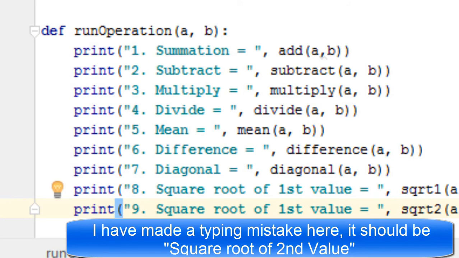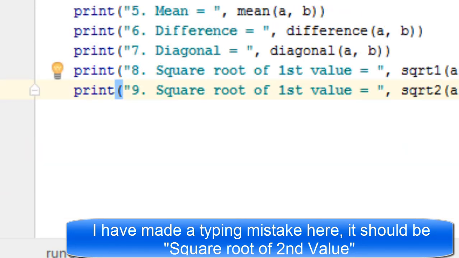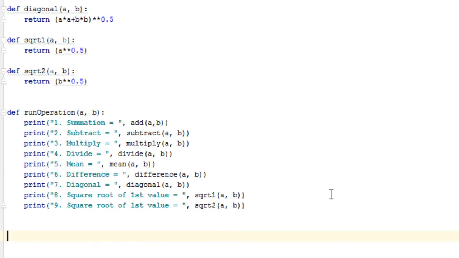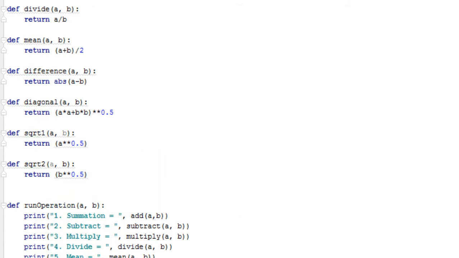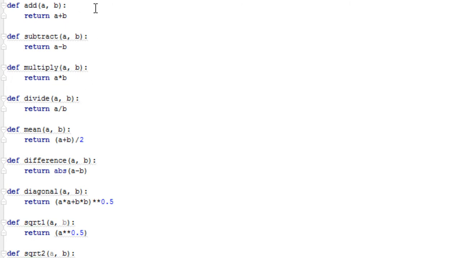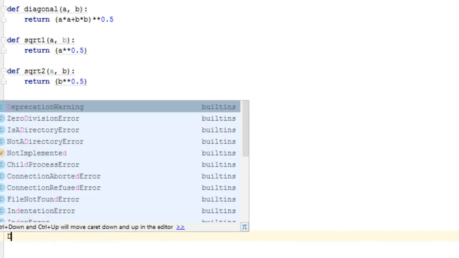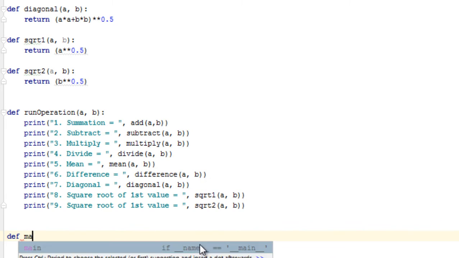Okay, so I have also defined my run operation function. Now I need to write a main function and call all the previous functions. Look, there is a looping here. The run operation function will call these functions from here. So this is my initial definition of my program, and this is the mid level, and now I will write the final stage. So define main function,